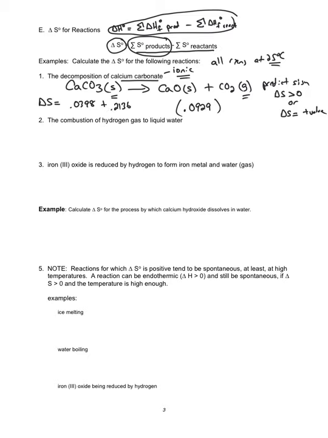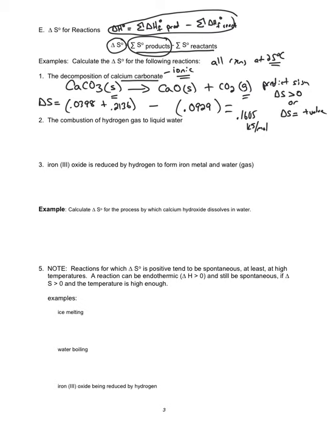And I forgot to mention this reaction is balanced. I kind of skipped that because I know it's balanced ahead of time, but we do want to make sure that the chemical reaction is balanced. So we add up the reactants, since all of them have a 1 as a coefficient. All right, that's pretty simple to do. We just have to look up the values. So we add up the two products minus the reactants, plug that into our calculator, and we get 0.1605